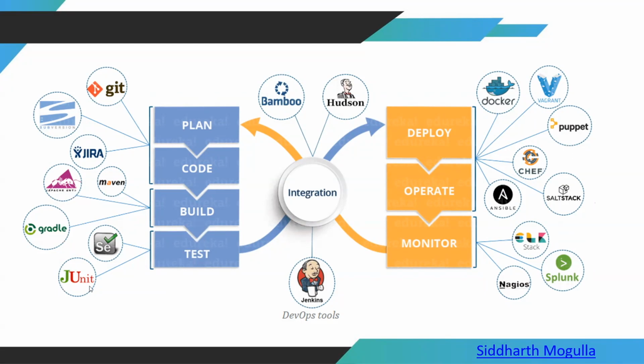Here you create JUnit tests, unit tests. Tests are of two types: functional testing and regression testing. Functional testing and regression testing will continue in the upcoming slides. For now, just understand that after the build phase there will be a testing phase. In the testing phase, we can use tools like Selenium or JUnit to test your unit tests. Once this is done, it is integrated using Jenkins, or you can also use Hudson or Bamboo. These three are the integration tools which will integrate your software,